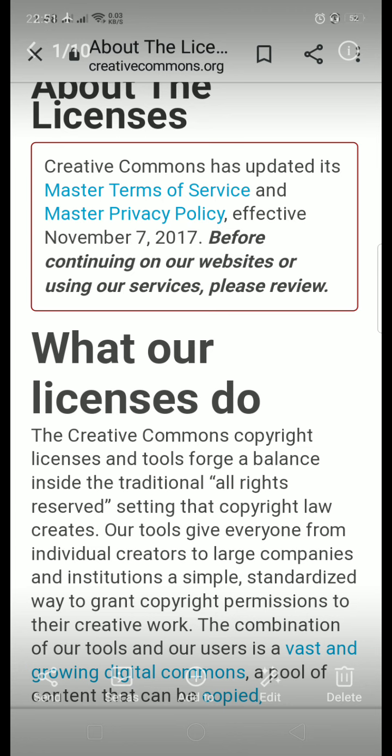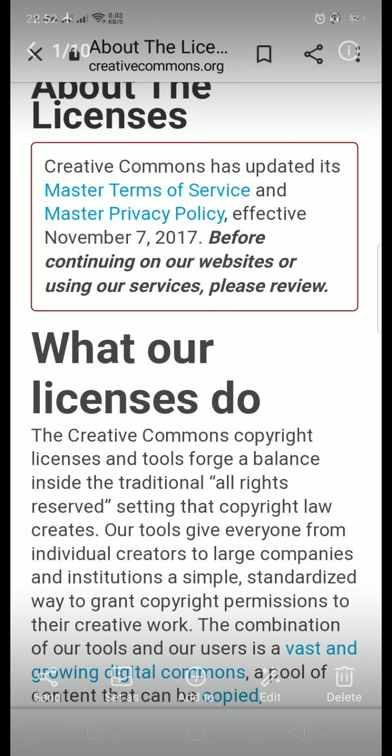So when you are applying here for various licenses, you need to own the work. Like a photograph, you clicked it, so you have the right. You made some poem, or you wrote some research paper, or you drew some diagram or picture, so that is yours. So when the work is originally yours and you want to make it available to internet users for free, only then you need to take these licenses. So basically it is about giving your learning resources free of cost to the world for educational or commercial use.